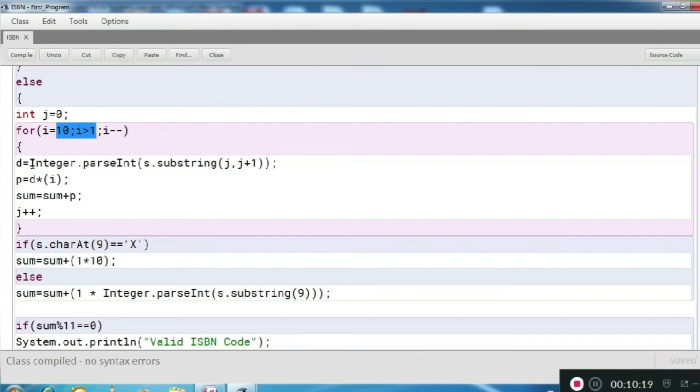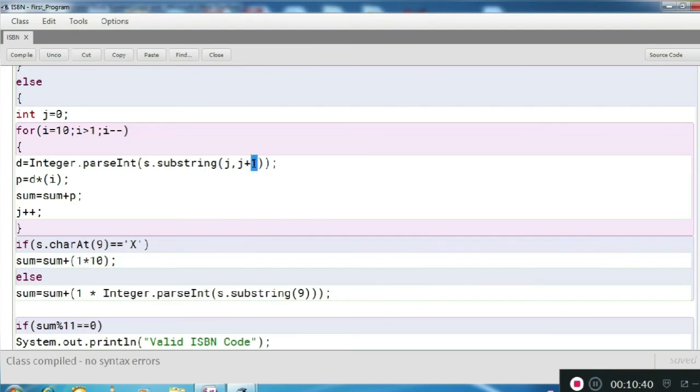See here this Integer.parseInt substring. We are extracting a substring from our string and we are converting that string into an integer. So first time j is 0. You can see here j I have taken 0. 0 to 0 plus 1, that is 1.